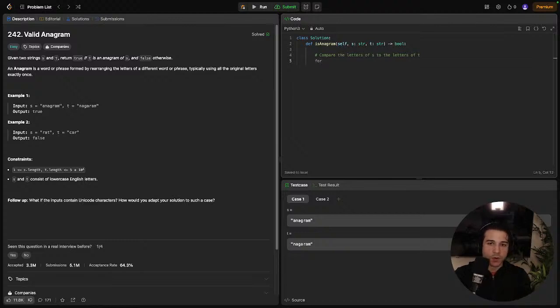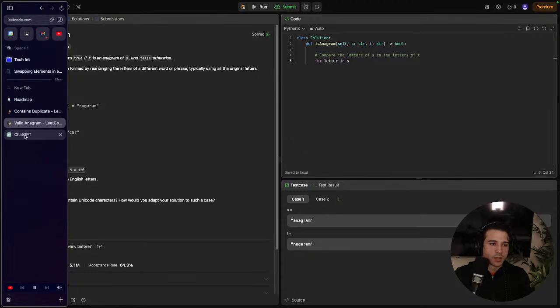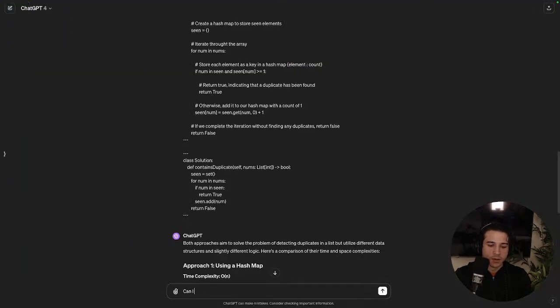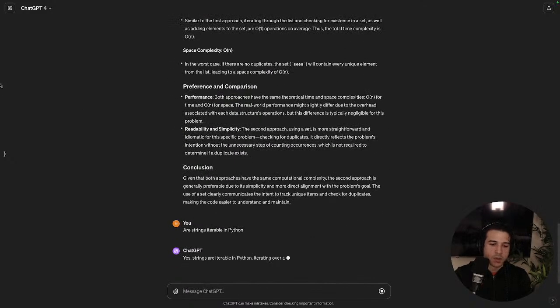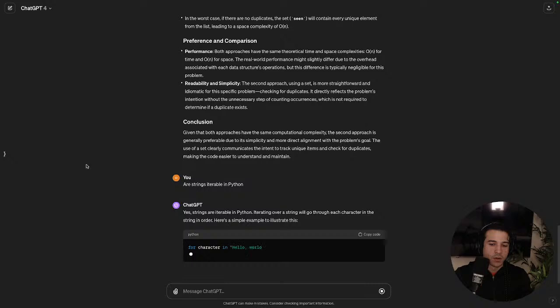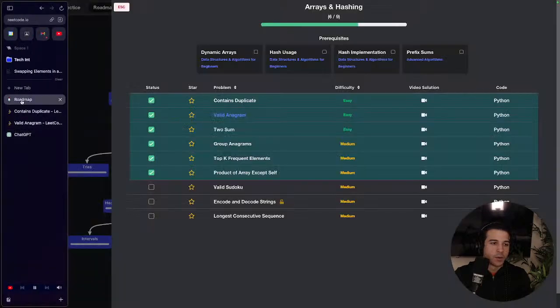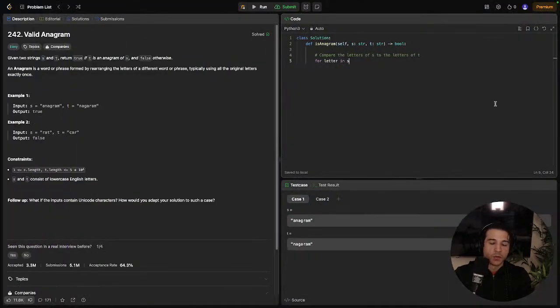So for letter in s, can I iterate through a string in? Yes, okay. Cool. So for letter in s,